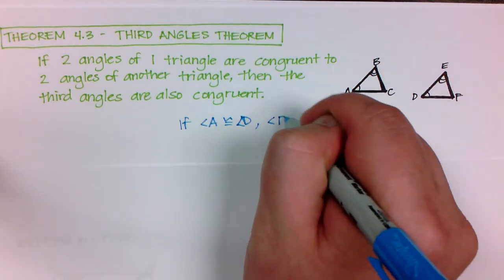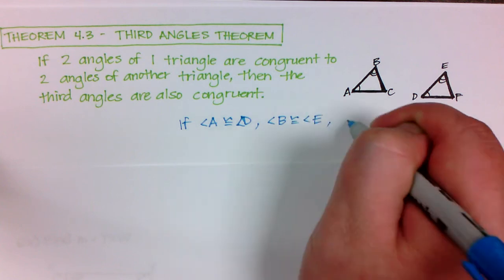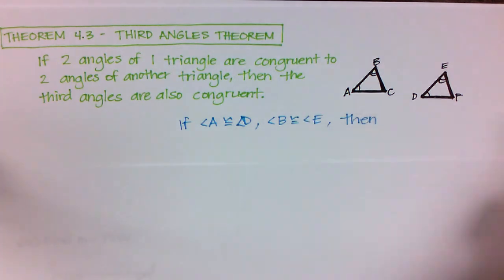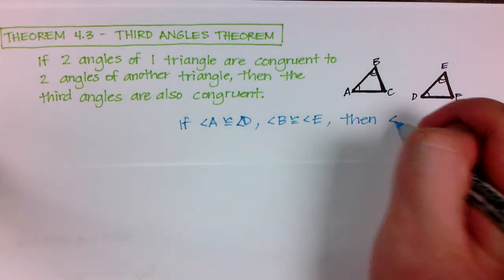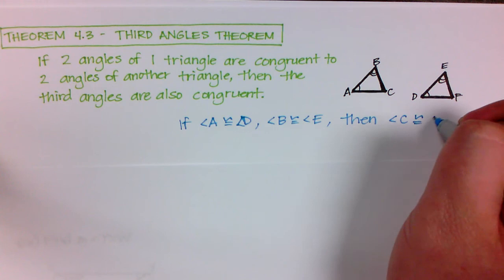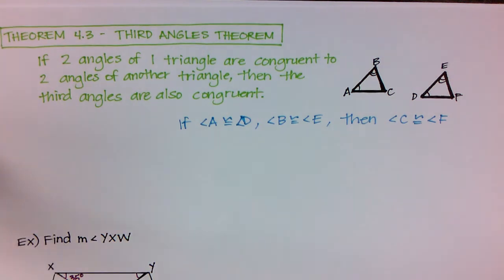So angle B is congruent to angle E. Then I can conclude that angle C is congruent to angle F. Angle C is congruent to angle F. This is what this third angles theorem is talking about. Okay, if you know that two of the angles are already congruent to one another, the third ones have to be. So let's use that to solve this